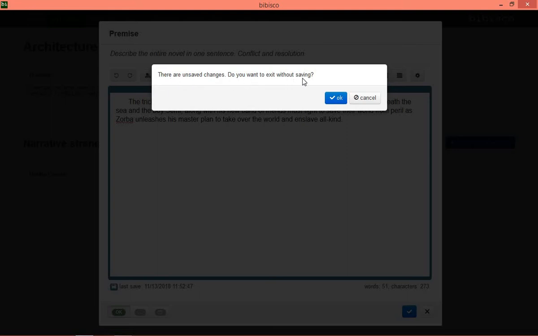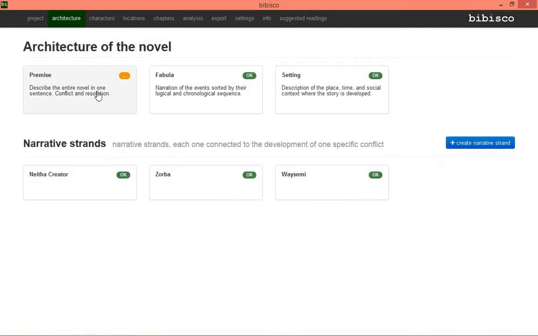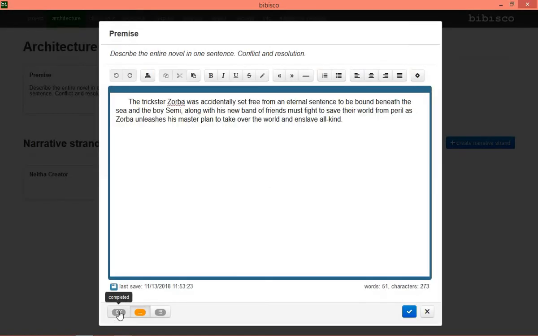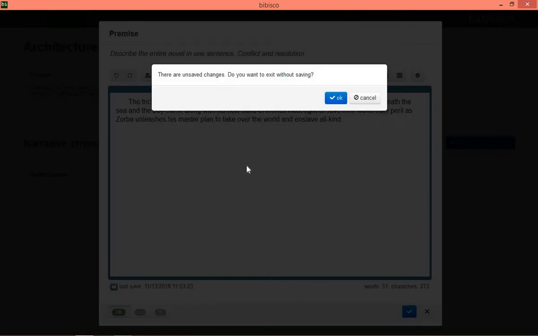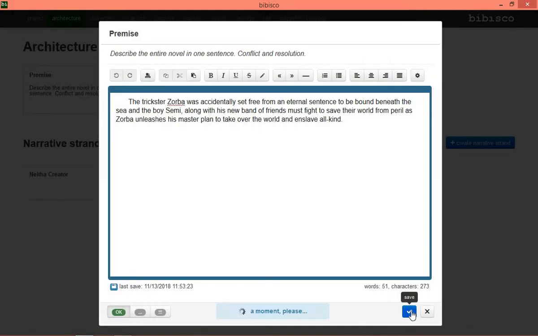Okay. So let's go ahead and exit. Unsaved changes. Do you want to exit without saving? I do. Okay. But it saved that part anyway. So let's mark it as okay. This is independent of what you've saved. So let's go ahead and close that. Cancel, save,